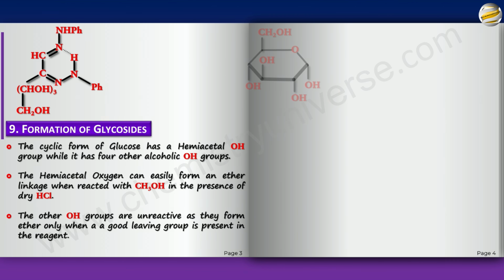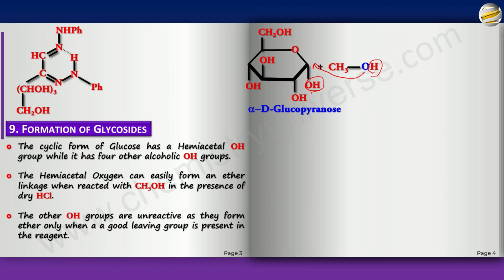That means if you have something like this, alpha D glucopyranose, and you reacted with this, I have labeled that O as blue so that you can understand where that is going to go. Now the H of that and this OH become water and this O gets attached here and you end up getting